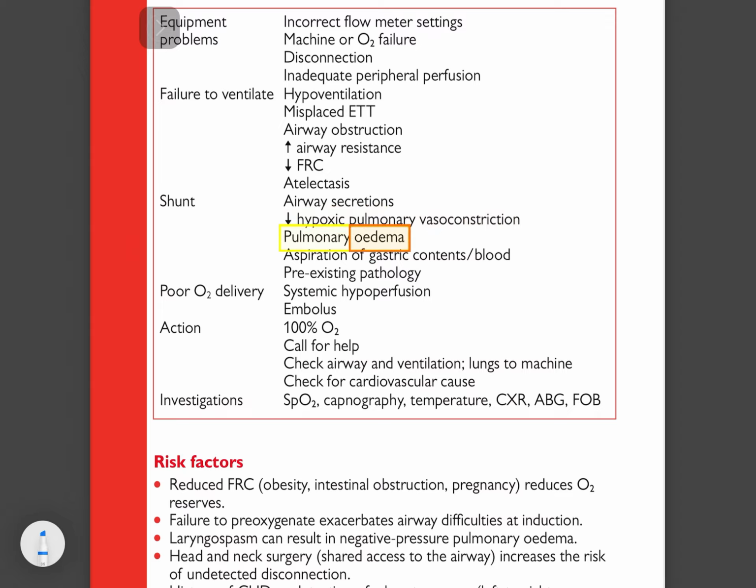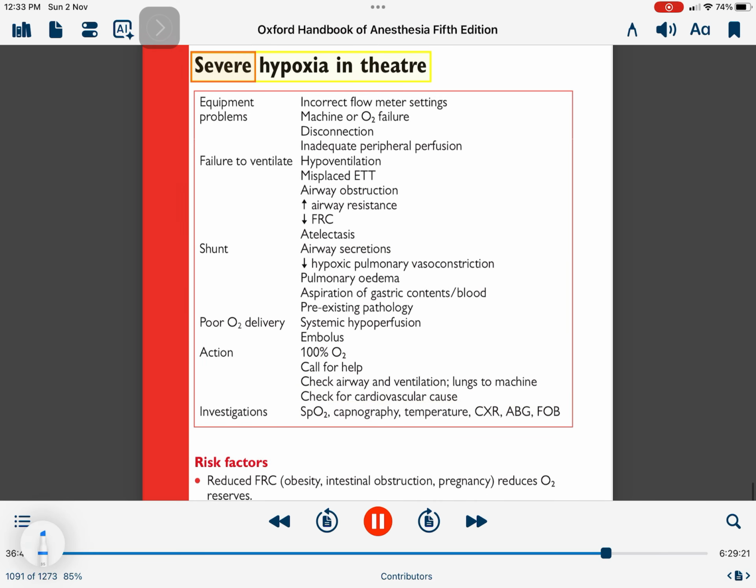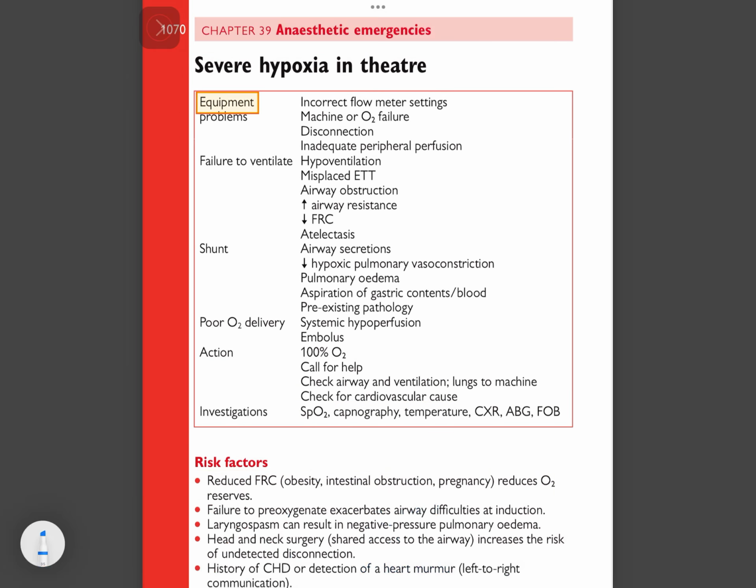Hypoxic pulmonary vasoconstriction, pulmonary edema, aspiration of gastric contents, blood, existing pathology, poor O2 delivery, systemic hypoperfusion, embolus. Action: 100% O2, call for help, check airway and ventilation, lungs to machine, check for cardiovascular cause. Investigations: SpO2, capnography. Severe hypoxia in theater. Risk factors: reduced FRC. Equipment problems, incorrect flow meter settings, machine or O2 failure, disconnection, inadequate peripheral perfusion, failure to